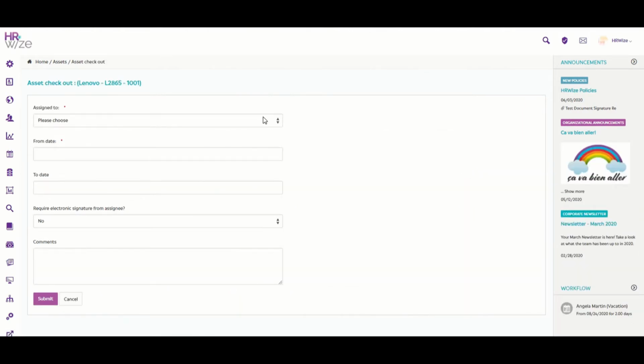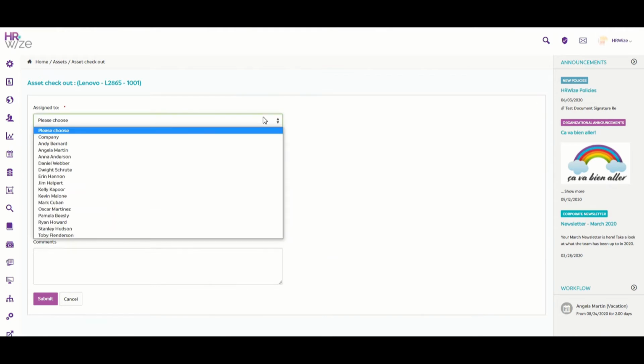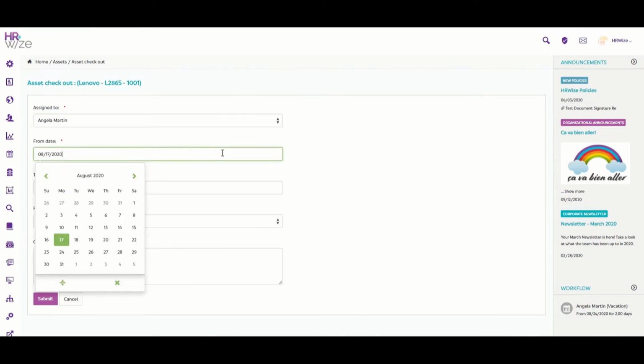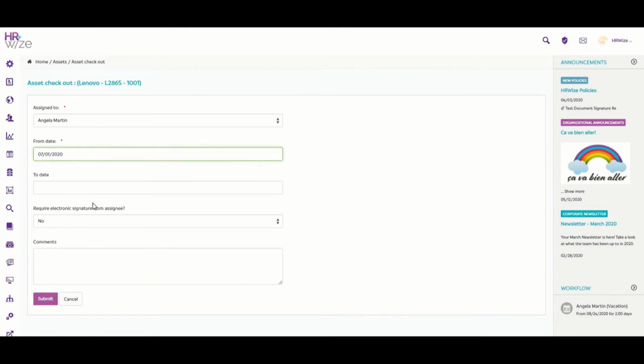From the drop-down here, we select the employee to assign the asset to. Here, choose the date from which the asset is assigned. Here, you can select Yes to require the employee to electronically sign the asset. You can add or update the asset signature declaration by going to Administration,